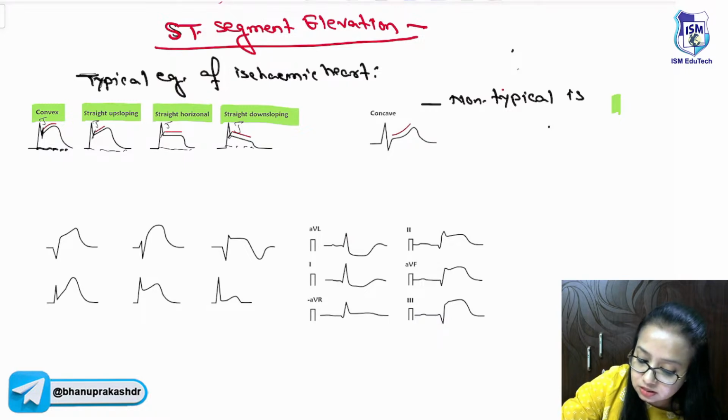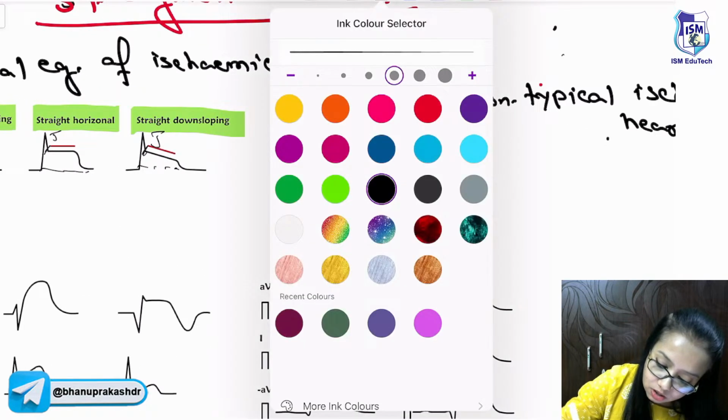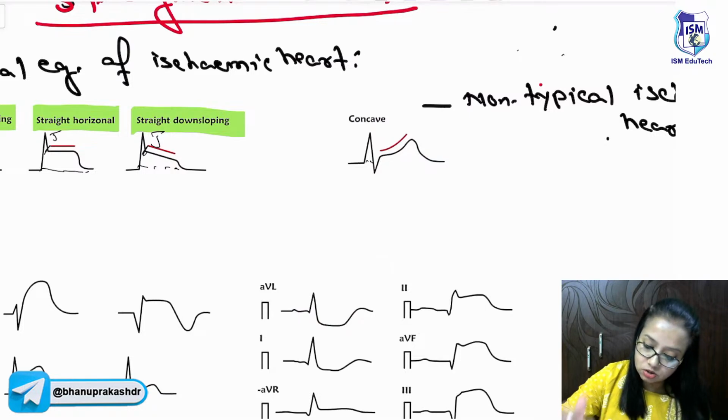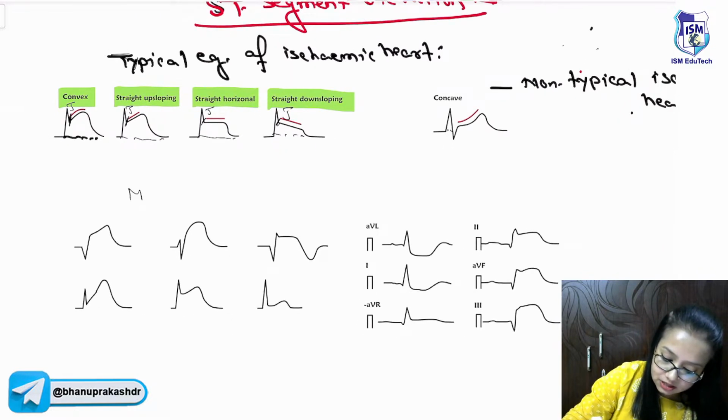Okay. Here another, this is a non-typical ischemic heart. So here you see this ST segment is obviously elevated, but it is of the concave type. The ST segment is concave type. Now here down you can see more examples of ST segment